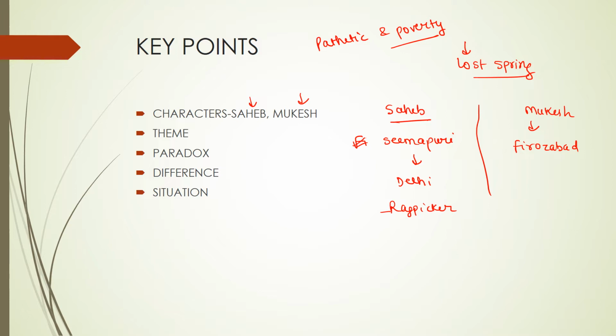He lives in a slum. He lives in a slum in Seemapuri. And where has he come from? He has come from Bangladesh. That means he is a refugee. So he lives in a slum in Seemapuri and he has come from Bangladesh. And why is it so? Because his home and everything, fields, were swept away by a storm. Okay. Now Sahib with his family came to Seemapuri to search for livelihood. Okay. Some earnings, some money.